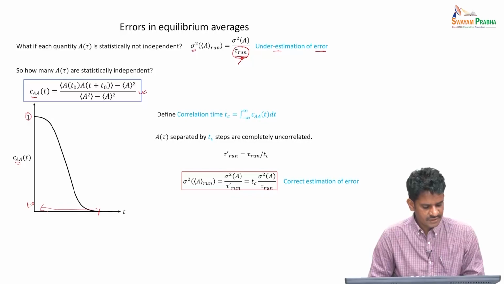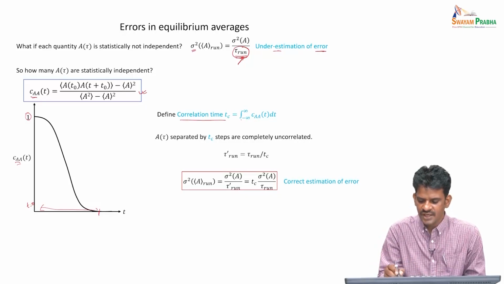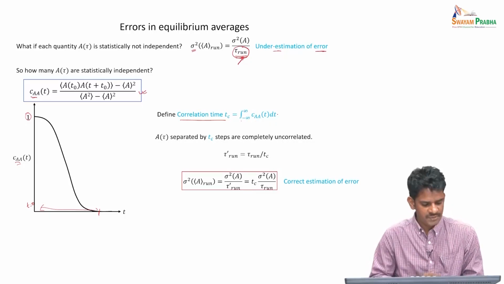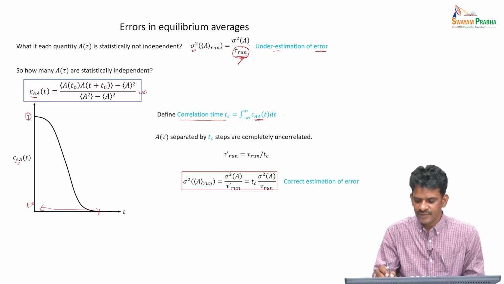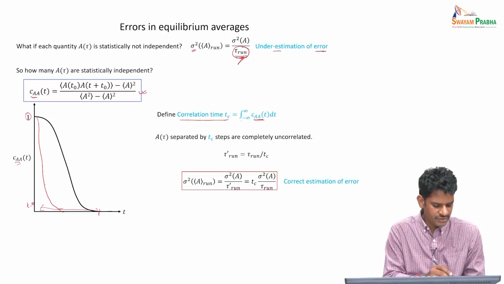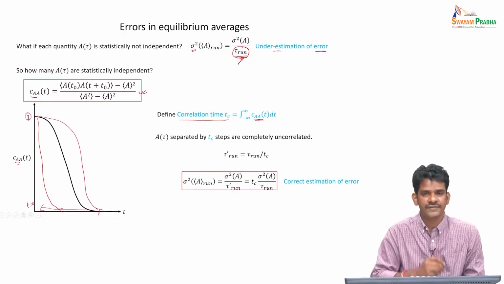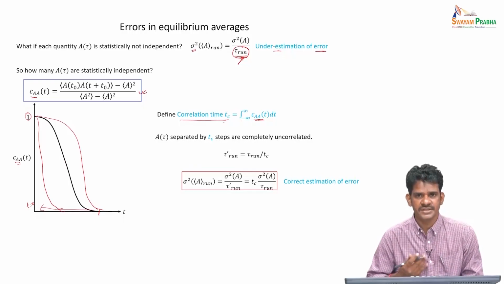Based on this time correlation function, or autocorrelation function, we would like to define a correlation time, given as the integral of C_AA(t) from minus infinity to plus infinity, that is, the area under this curve. C_AA is a non-dimensional quantity because it is normalized, so the integral will be in units of time, and we designate that as the correlation time. A function with a very quick decay will have a smaller correlation time, whereas this one will have a longer correlation time, and a curve like this will have an even larger one. So the area under the curve is given by the correlation time, which gives us an estimate of how much the data are correlated among themselves.